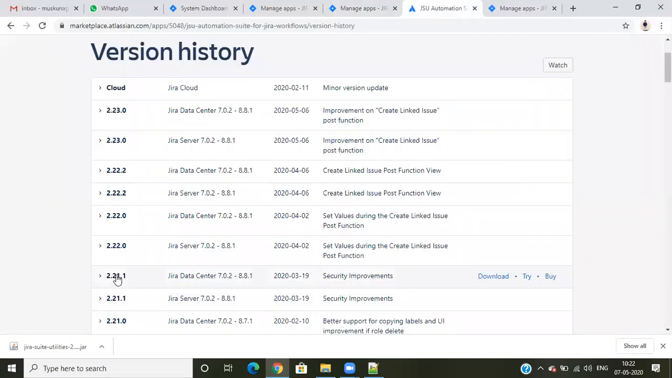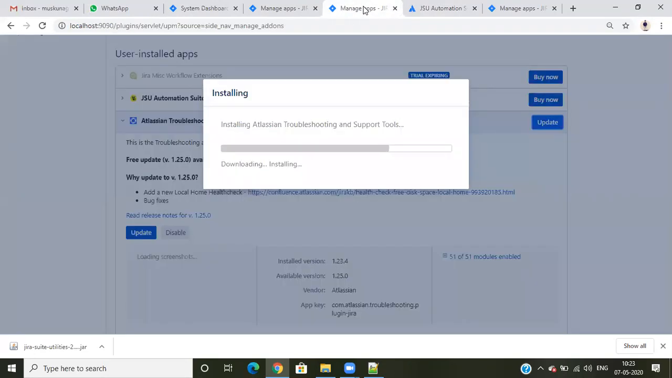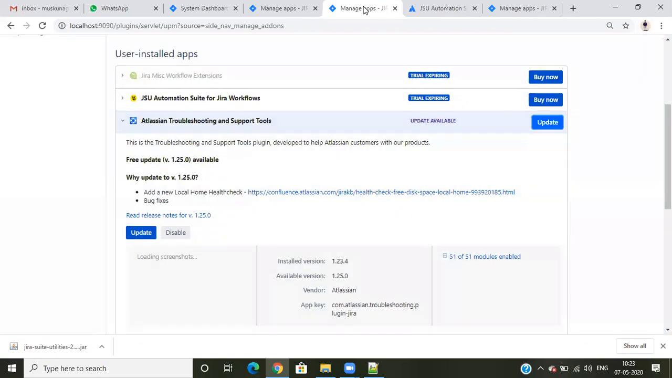If you want a specific version, you need to download that version and upgrade to the version you want. So now can you see,